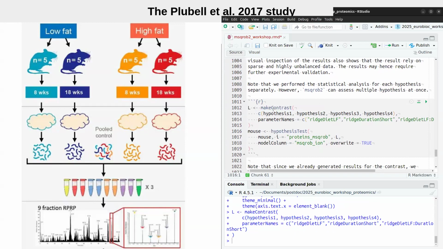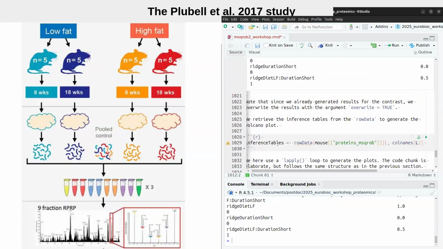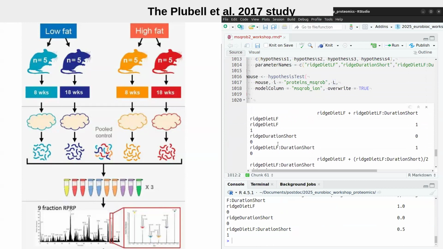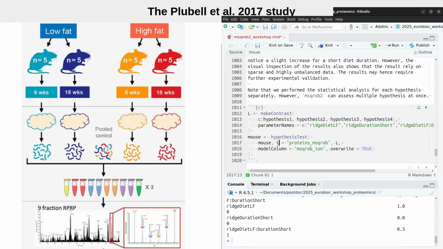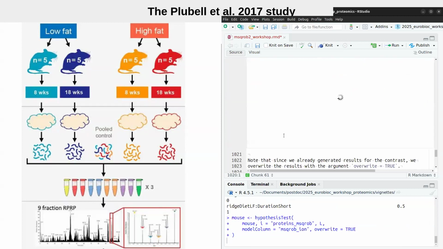This time it contains multiple contrasts. In the previous print that I showed, there was only one column. Here now we have multiple. Again, this is maybe just a detail, and then we can run our hypothesis tests